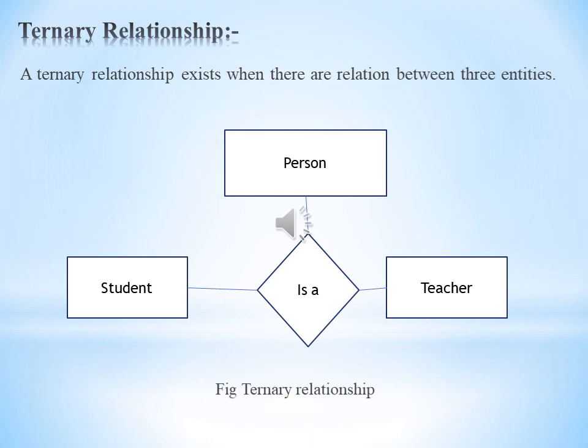Ternary relationship. A ternary relationship exists when there are relations between 3 entities. Binary has 2 entities, unary has a single entity, and the ternary relationship belongs to 3 entities. In a ternary relationship, the degree of the relationship is 3. For example, the figure shows a ternary relationship. The student, person, and teacher are there. A person can be a student, and a person can be a teacher. Here teacher, student and